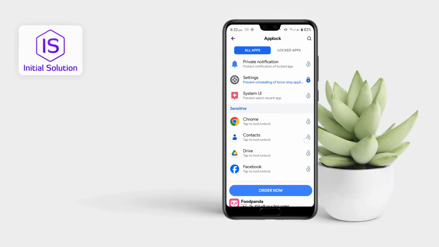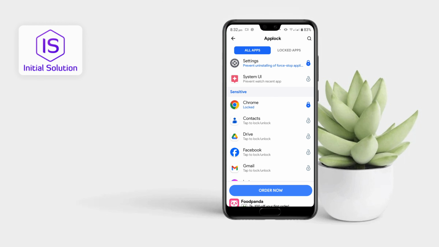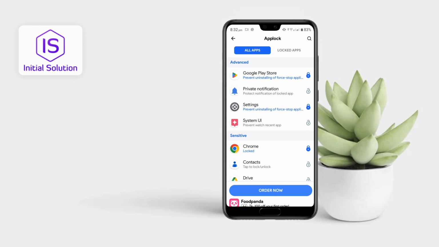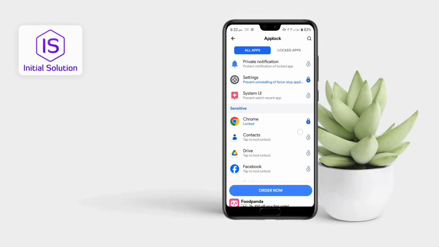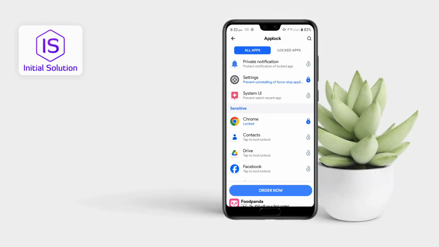Now you can lock apps from here. If I go for this Chrome and lock it, so I have already locked settings and Google Play Store. And now I just locked this one Chrome, and you can see in this locked apps these three are available here. Then go back